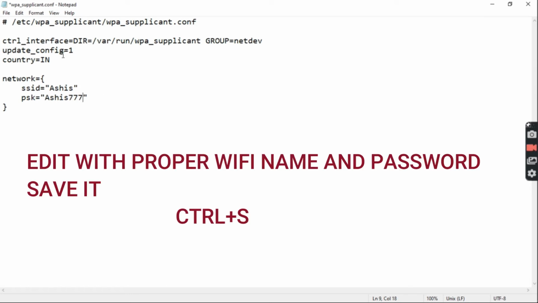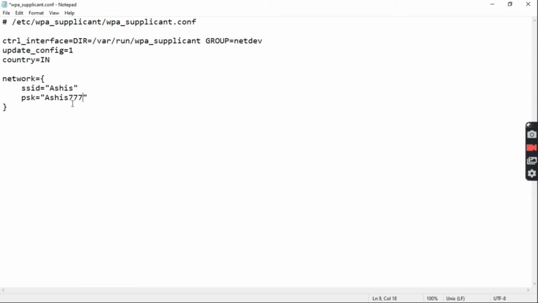So this is for the configuration part of the WPA supplicant file, to set up the Wi-Fi configuration. If you're using Wi-Fi, then you have to give your Wi-Fi name and password. If you are using hotspot mode, then you have to give your hotspot name and hotspot password.